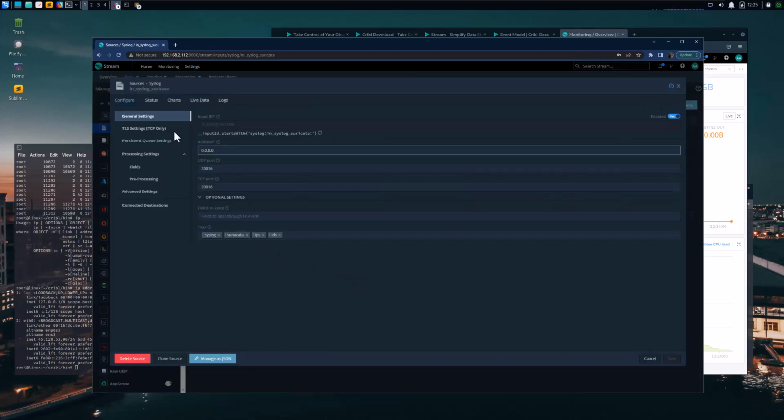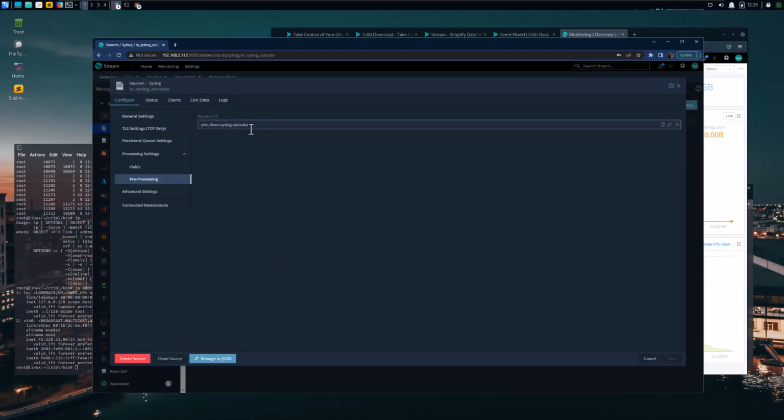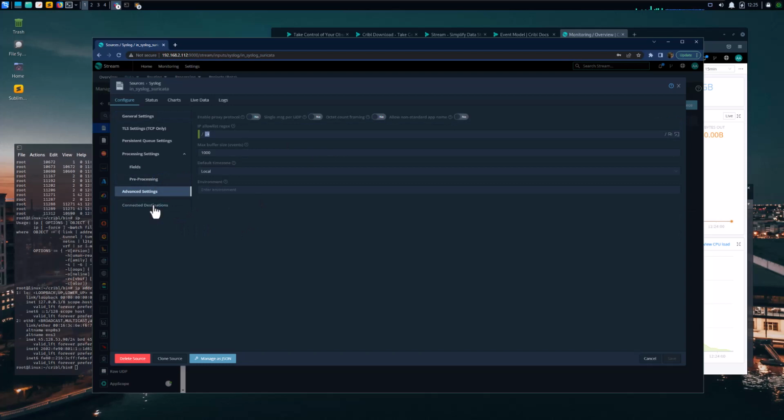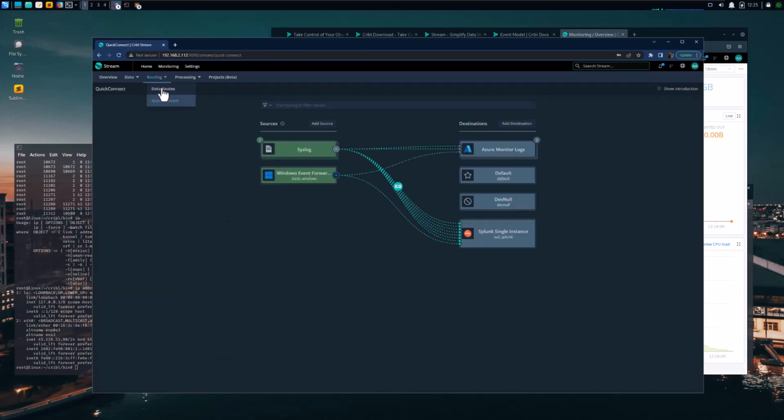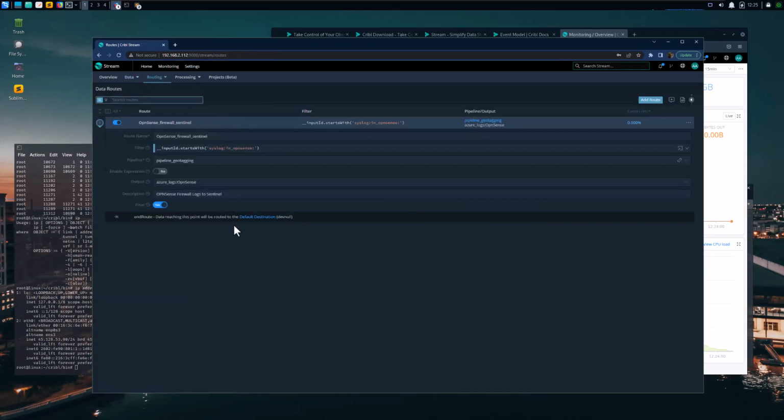Let me just open up Suricata here. So this is how you would define your pre-processing. You have the connect destinations. We're doing by SIEM by routes. Let me go to my routes here. Let me do data routes. And this is my OPNsense firewall. So I'm now sending it to the